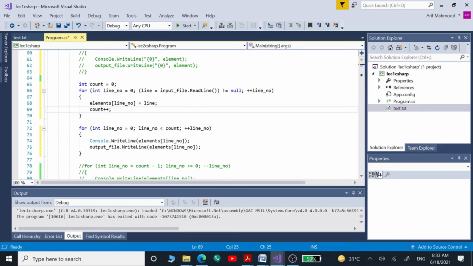And after that, we are going to run through that array from 0 until our count, and then we are going to display those onto the console window as well as into an output file. So let's build and run this program.